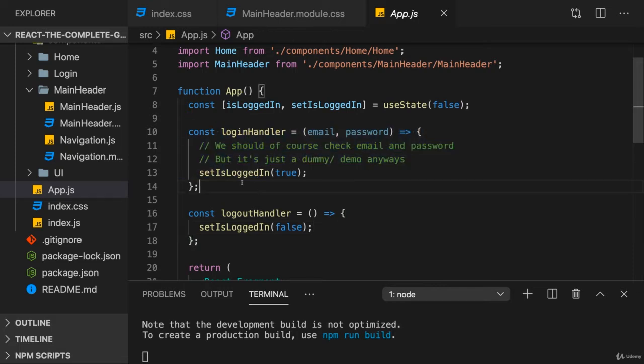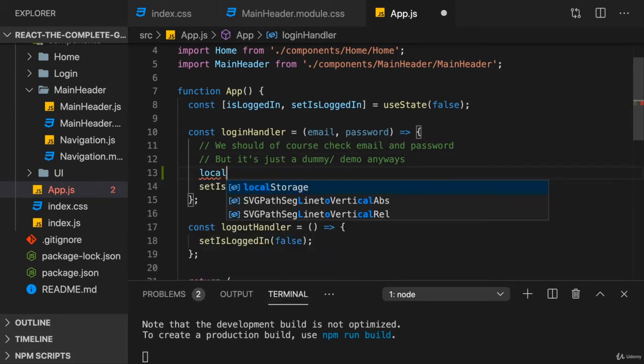Here in the login handler, I set isLoggedIn to true. And that's where I want to store that piece of information in the browser storage. Now the browser has multiple storages we can use. The most common storage for this would be cookies or local storage. And since it's particularly easy to work with, we will use local storage. So that's a storage mechanism built into the browser, totally independent of React.